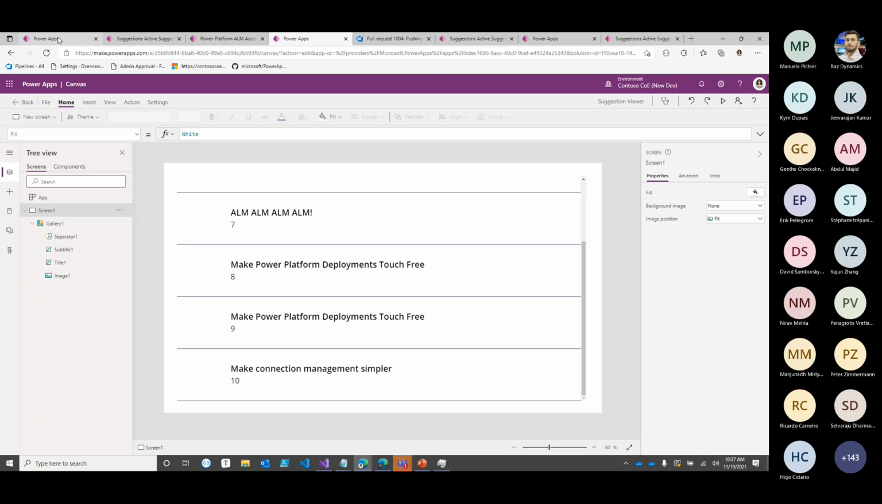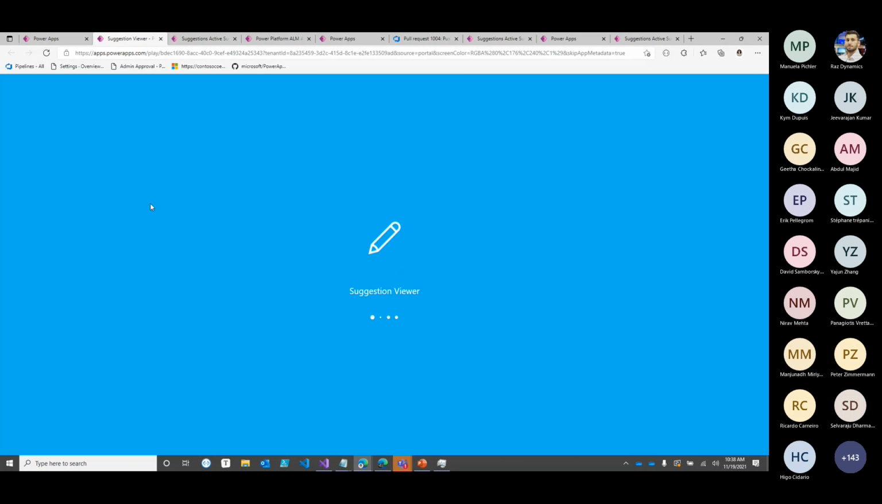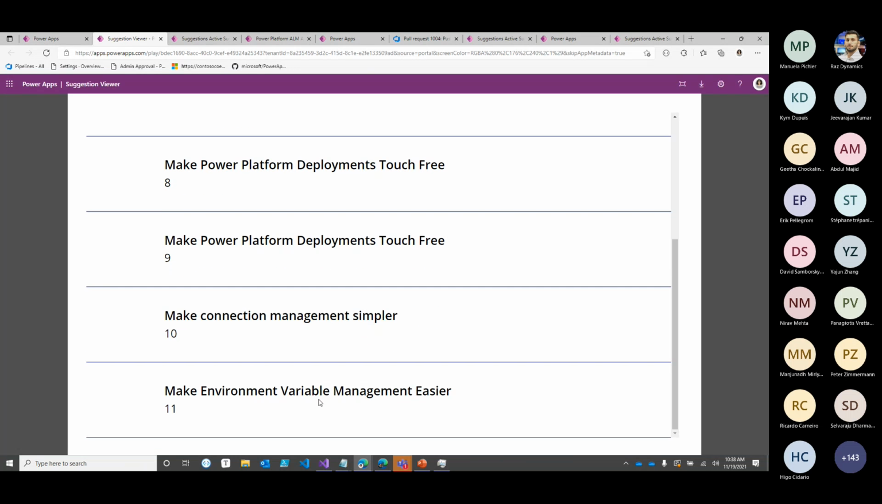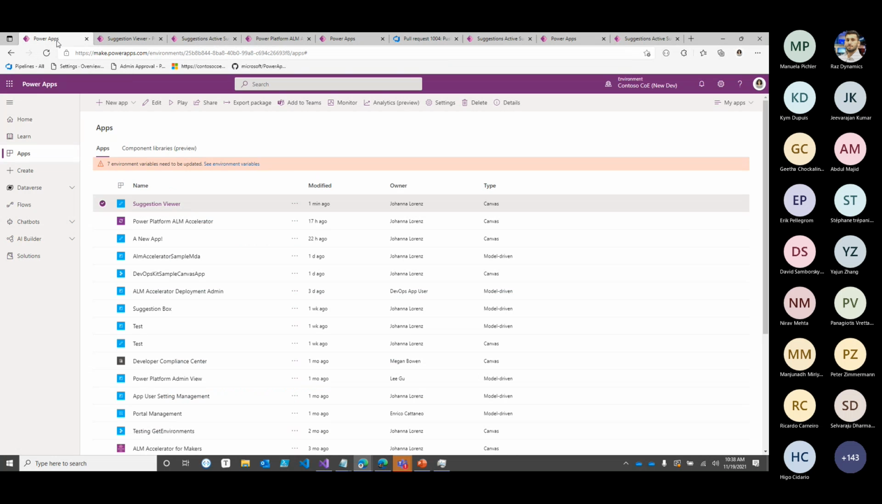Let's go back to our apps here. Suggestion viewer, launch that again. And there we go. So there's our make environment variable management easier. Pretty good stuff. But what's interesting about this and how simple this app really is and how contrived it is